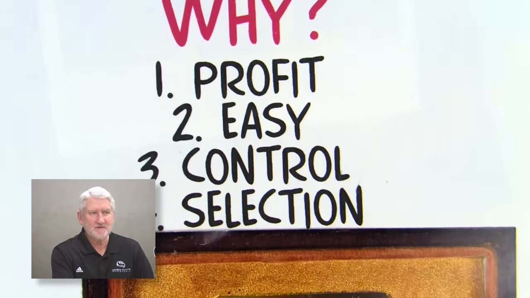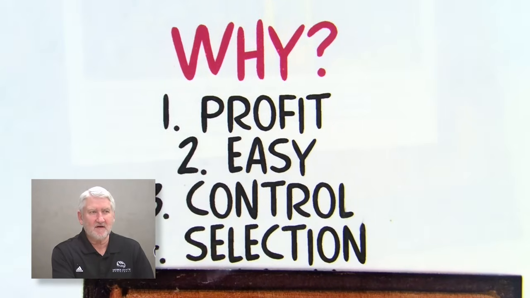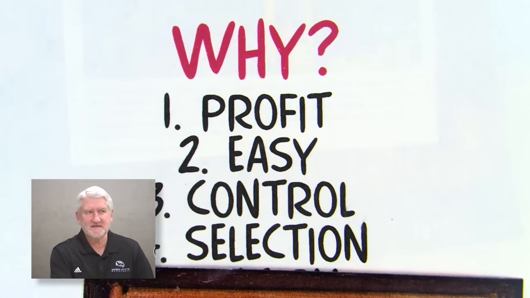The slave runners knew that not all of the slaves they had purchased in Africa were going to be worth much. Some of them had been hurt during the slave raid, some were sick. They weren't going to be worth that much if you could get them to America. So the idea was, let the horrible conditions of the voyage kill those weak individuals, because they're not going to be worth much to us anyway when we get there. We're going to use the Middle Passage to select out the weak individuals.